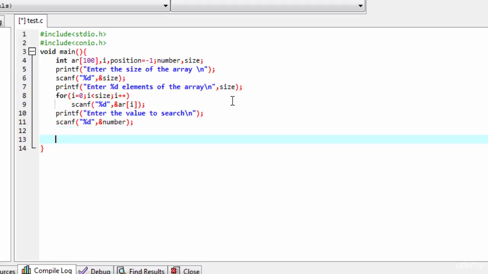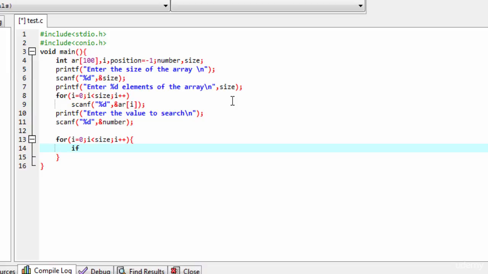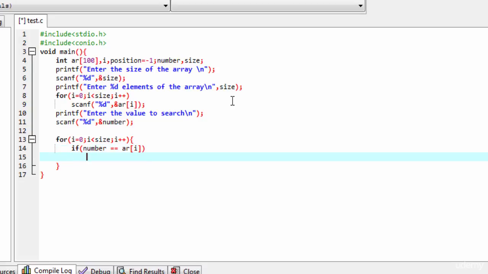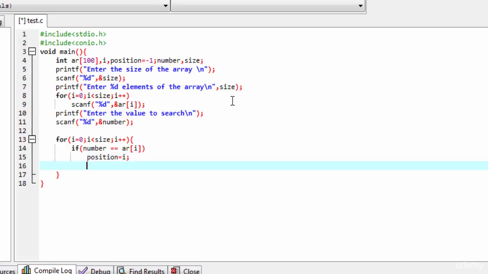now let's search for the number in the array. For that I will again use a for loop: for i equals 0, i less than size, and i plus plus. Okay, then if the number which we are looking for is equal to array at the ith index. If it is found, then position should be equal to i. Okay,